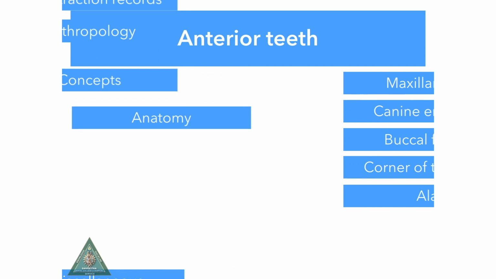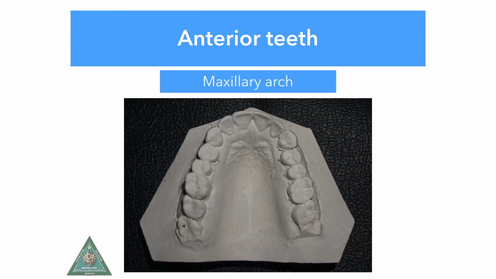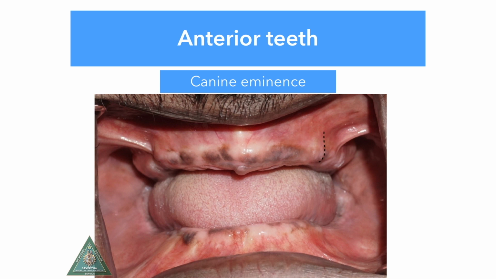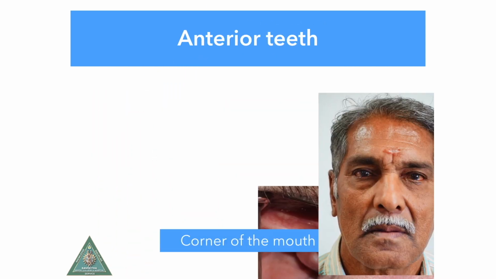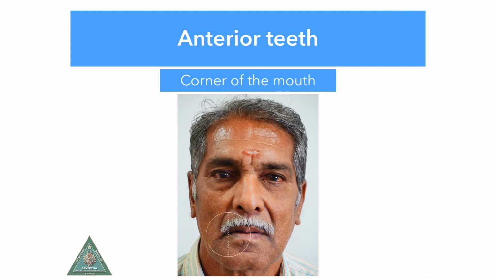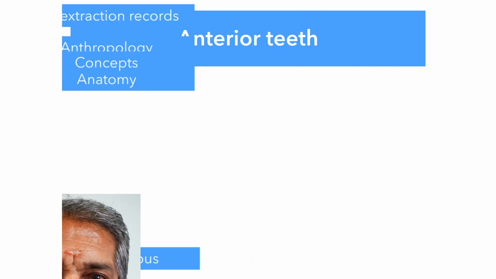You can use anatomic landmarks to check the width of anterior and posterior teeth. You can mark a line from the incisive papilla to the hamular notch and another line between the two hamular notches. This will give you the combined width of the anteriors and posteriors. You can use canine eminence since the canine eminence lies directly apical to the canine before it is extracted. Or you can use the buccal frenum which lies immediately behind the canine eminence, or the corner of the mouth and the interalar width again.